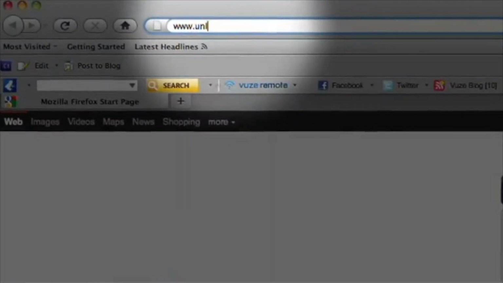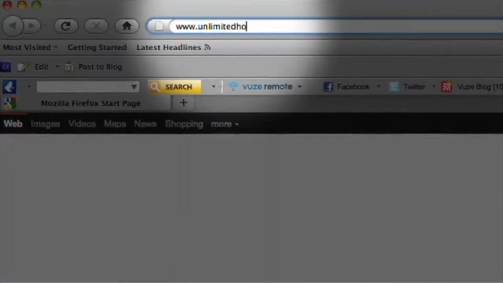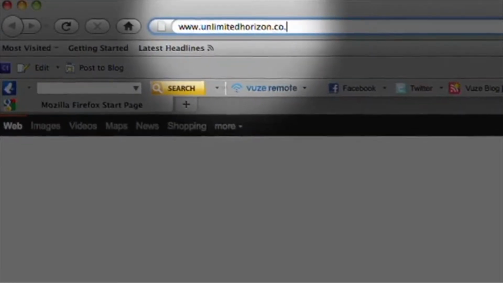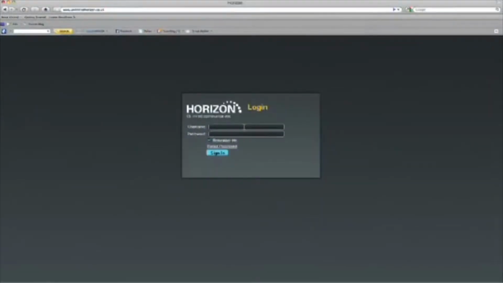The first thing you need to familiarise yourself with is the Horizon Administrator Portal. This website is the permissions-based portal for Horizon administrators, allowing you to manage call plans, site-specific plans and user settings on the Horizon system. The site is also used, with different permissions, by end users to manage their own call parameters. You can access the site securely via www.unlimitedhorizon.co.uk, which allows you to make instant changes to how you manage communications for your organisation remotely from any PC